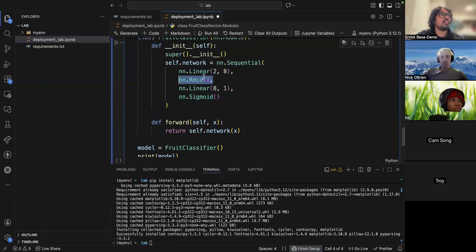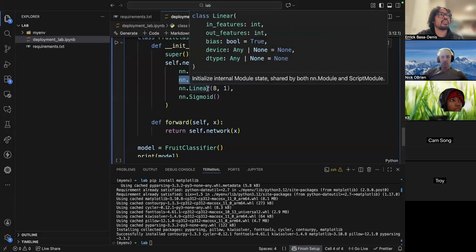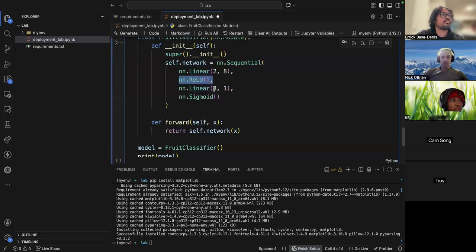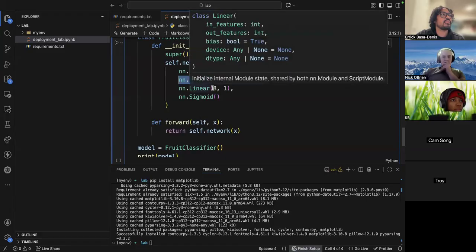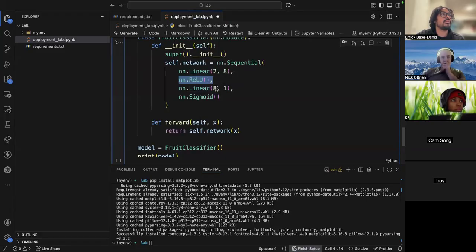And then from that output that we get up here, it's getting passed again to this linear layer, and it should still be 8, but now we want to get an output of just that one, so that predictability,